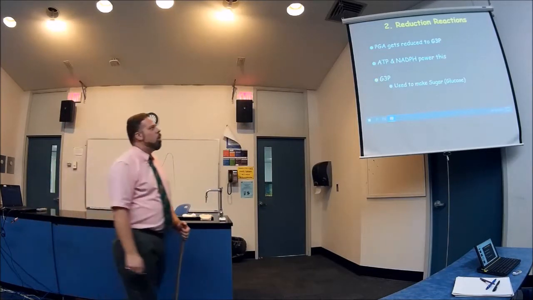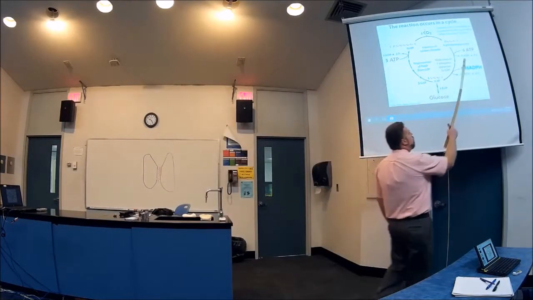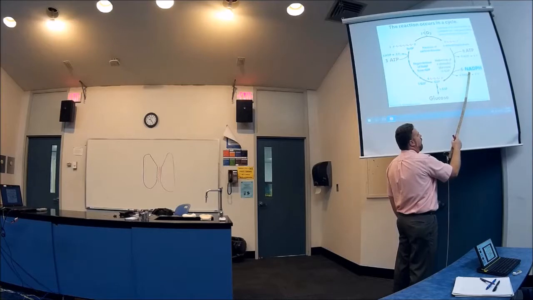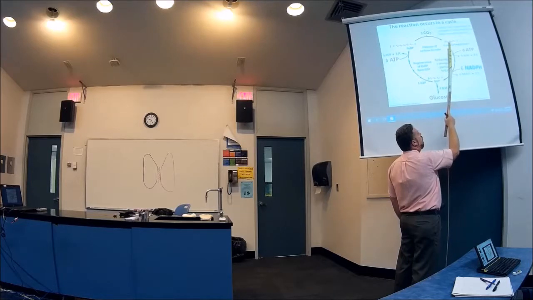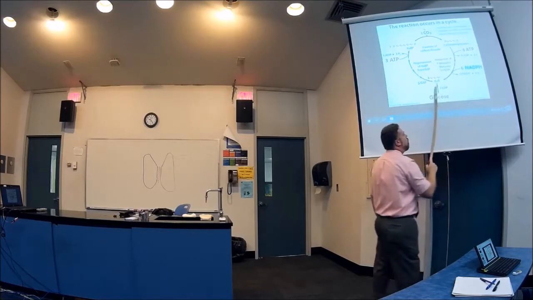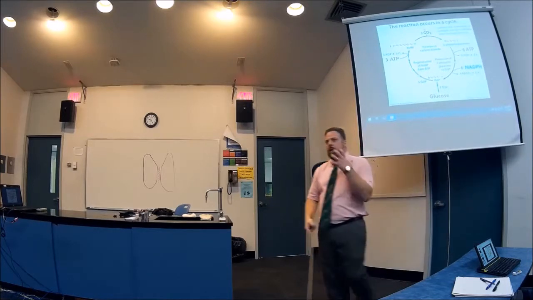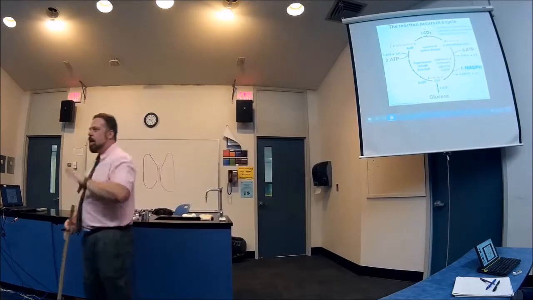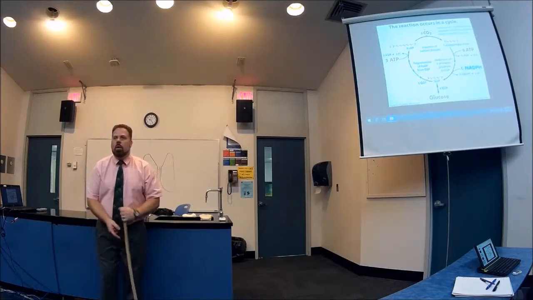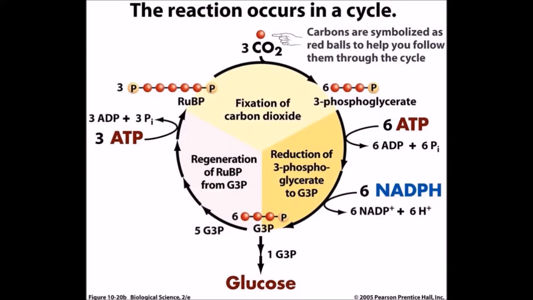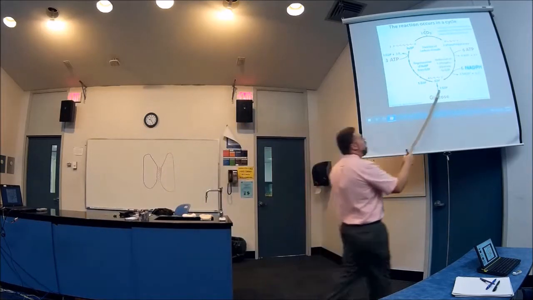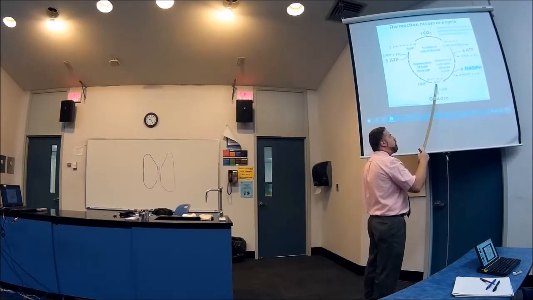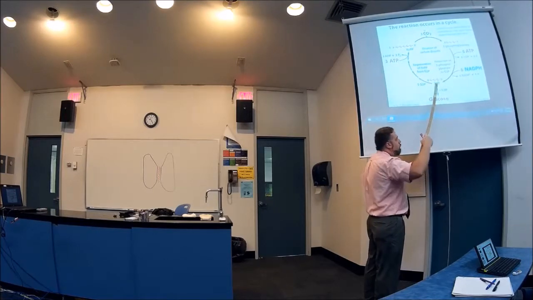All right? So what's going to happen here, using ATP and NADPH, they will get reduced and is able to take the PGA and convert it to G3P. It's still 3 carbon structures, but it's a different kind. It's adding some things to it. From here, it does a lot of other reactions, but from the G3P, which is very important, it can actually